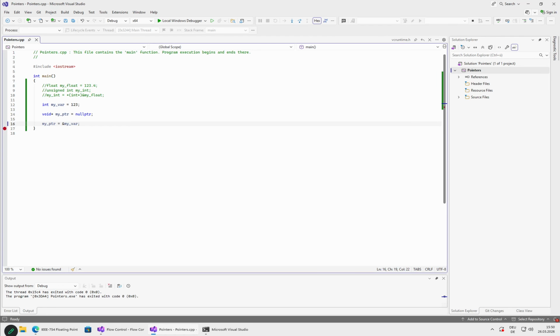The simplest way would be to read it. So let's say int my var2, and then we would somehow want to get the value from my pointer into our my var2. But as you see here, the direct assignment doesn't work, so it's complaining. We need somehow to get the value out. So we need to tell the compiler we don't want the value of the pointer, but we want the value